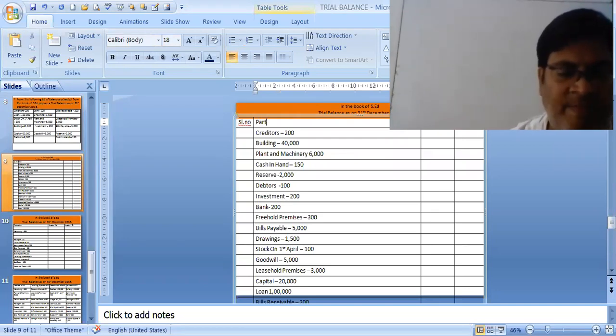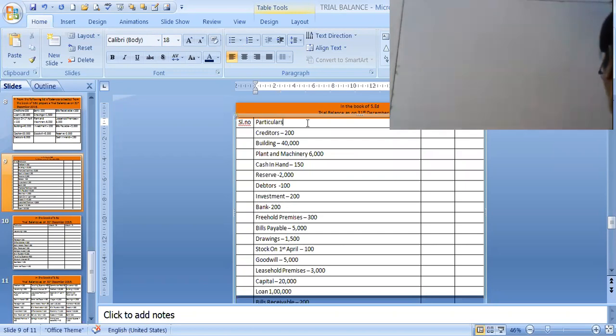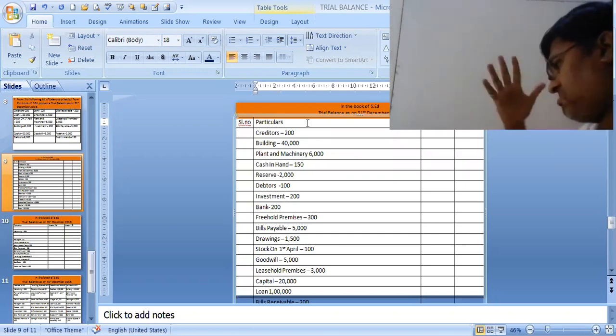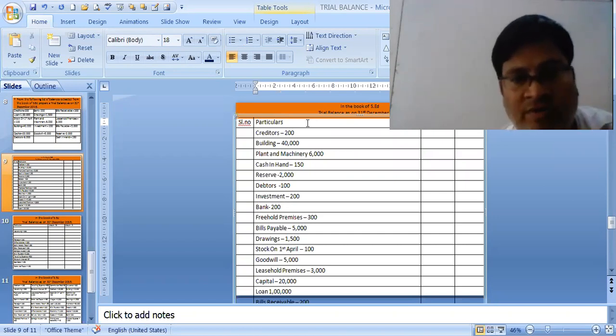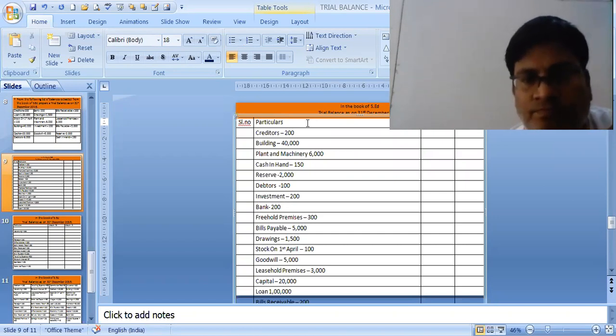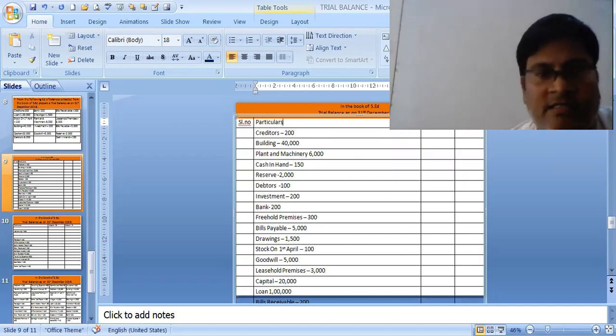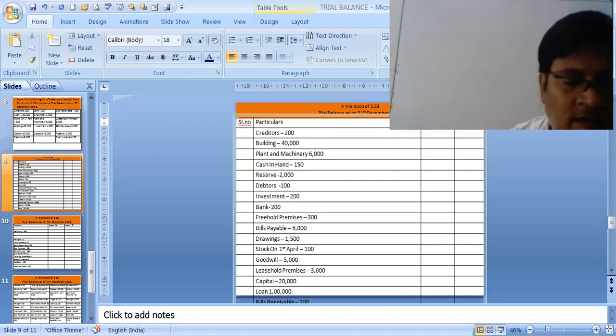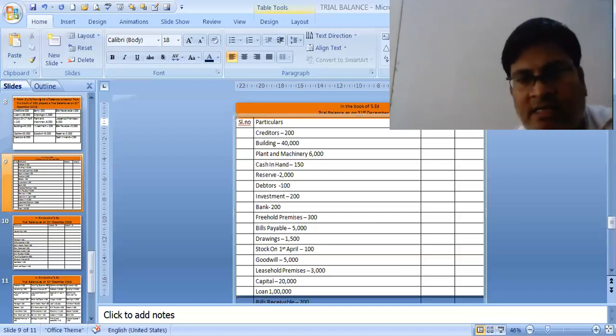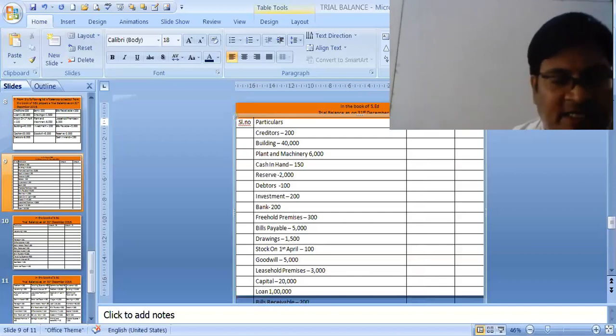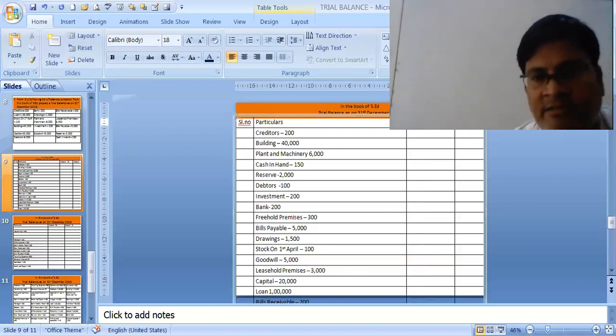We will be writing over here particulars, or you can write heads of accounts also. We can write heads of accounts, or we can write particulars even. And over here in this place, we will be writing the debit. And in this place, we will be writing